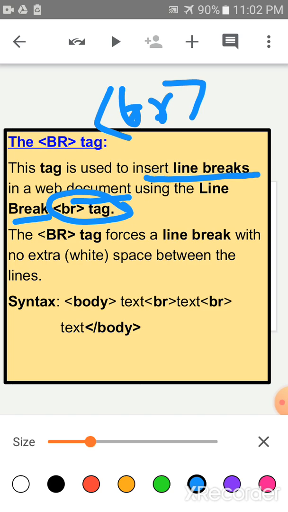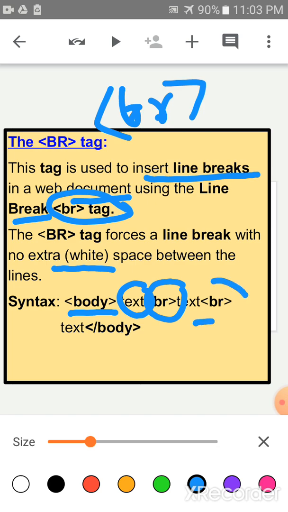So the BR tag forces a line break with no extra white space between the lines. The syntax is body, then write down the text, and after that you write down the BR tag. Again you write down the text, then again you write down the BR tag. Again write the text, and lastly you have to close the body tag. Understood? BR tag means break a line.